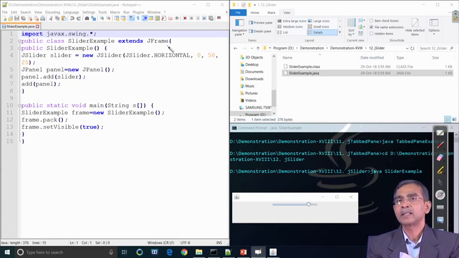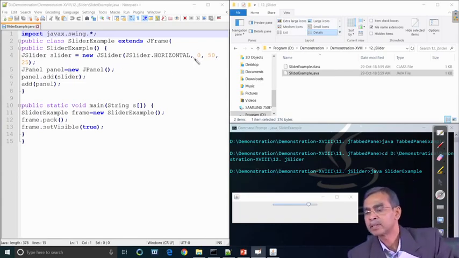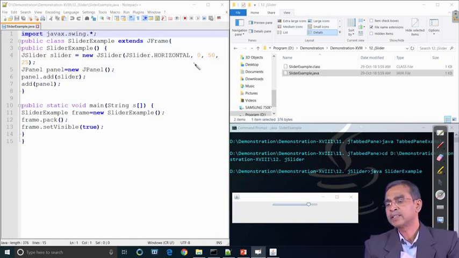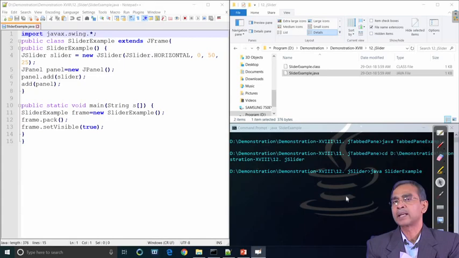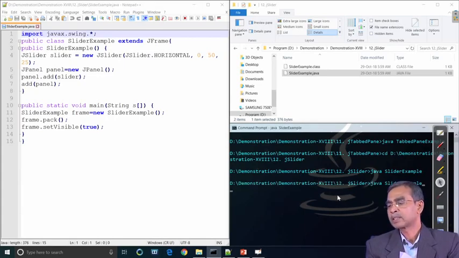Now, the next three items are very important. First, 0 and 50 is basically the range, and then 25 is the default location in the range, the value that will appear whenever it first shows.